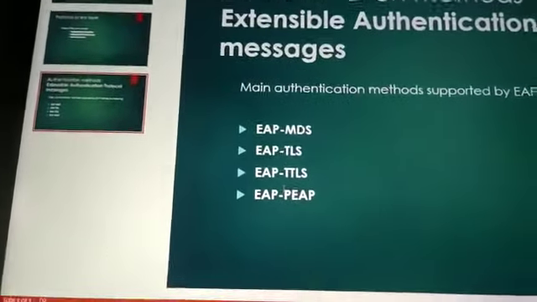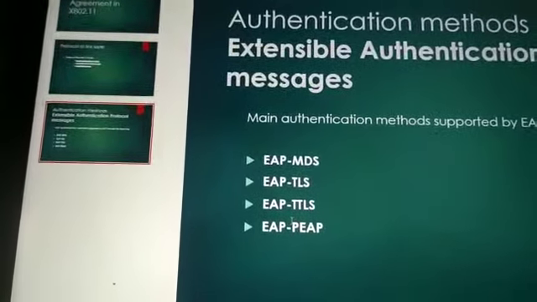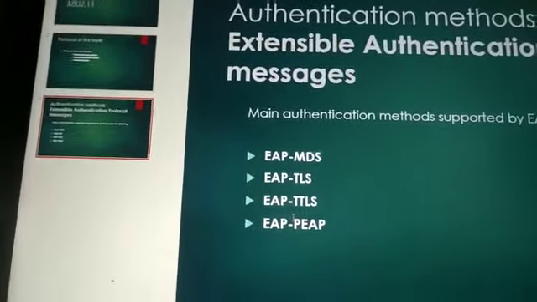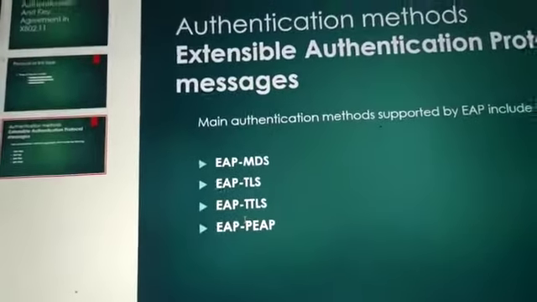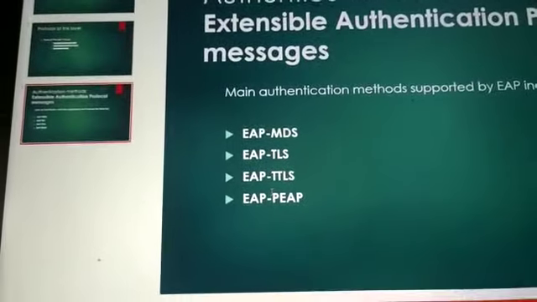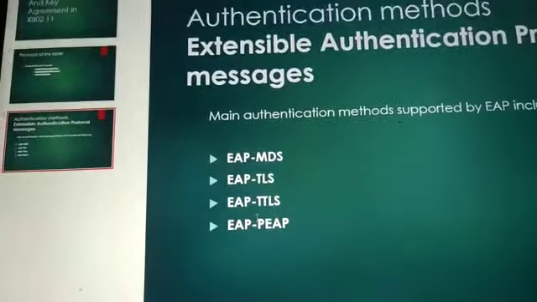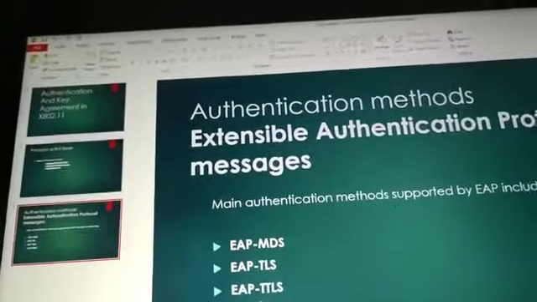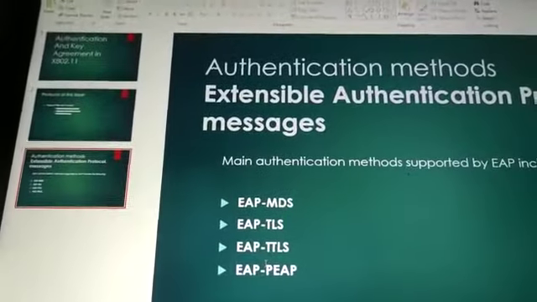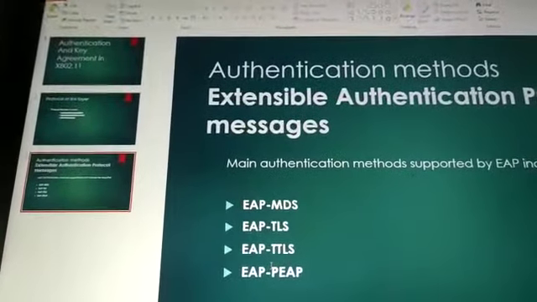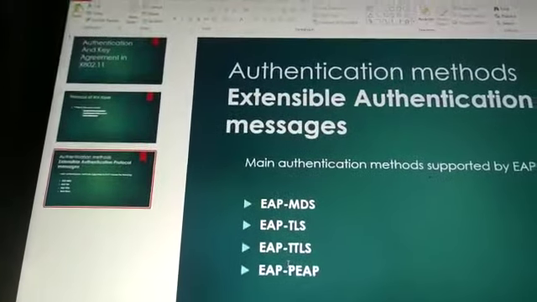But then what is the way to authenticate themselves? Okay, how? See, I am telling you the access point will have a digital certificate, so it can authenticate itself to the station. But how will stations authenticate themselves to the access point? It happens through tunneling. Okay, you already know the concept of tunneling. That is, the original data will be encrypted in some other form and sent to the receiver.